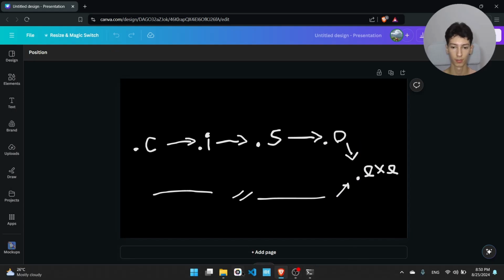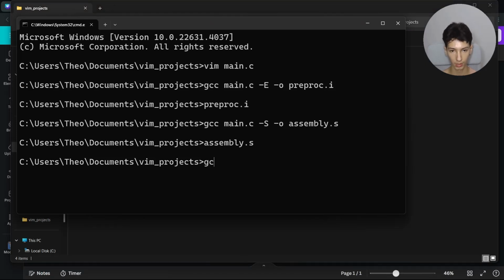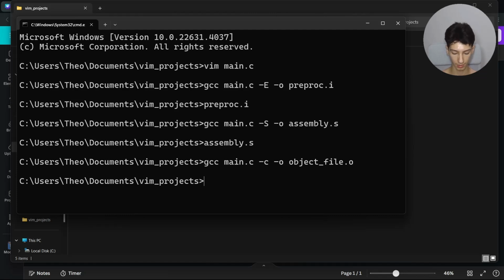So this is how you do it. No, actually here. So I'll say gcc main.c, and this is the command for stopping the compiler at the object stage. So I'll write -o, no, actually -c, and then the name of the object file, for instance, -o object file.o, and let's open up